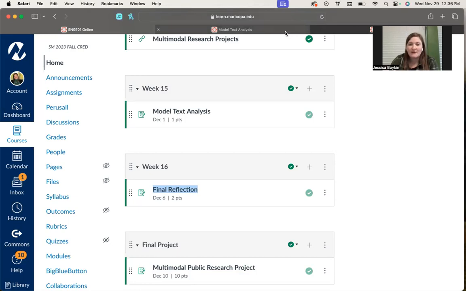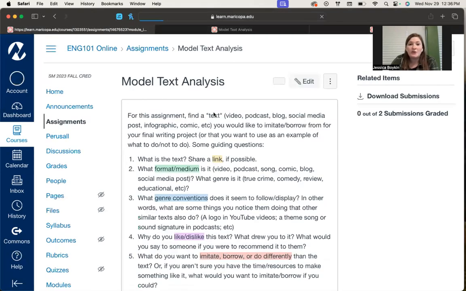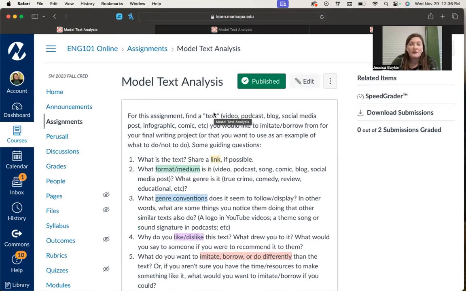All of our points for the semester should be available online now, so we should be adding up to 100 points in the class. So if you want to do any kind of calculations to figure out how many more points you need to get the grade that you want, that should be easy enough to do. Feel free to go back and turn in some missing assignments if you need to get your grade up. Also, remember, you can always revise papers, and so if you know you needed to get some more points on any of those drafts, please resubmit them. You have until finals week to resubmit those.